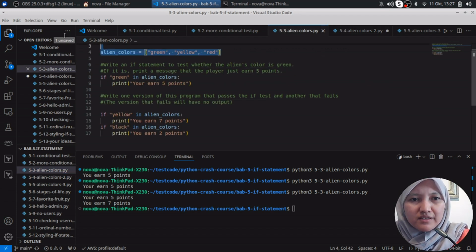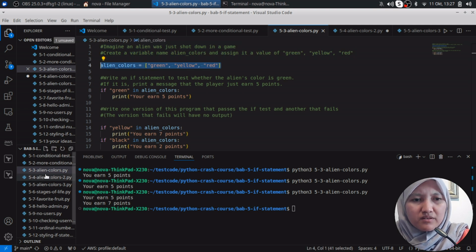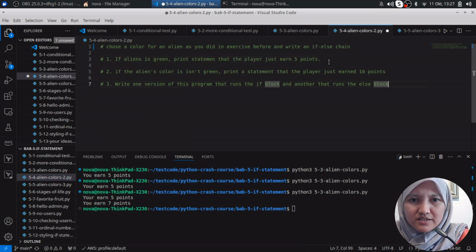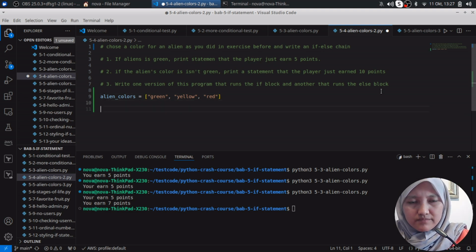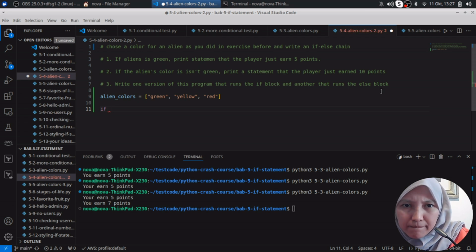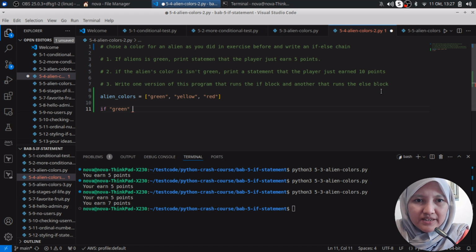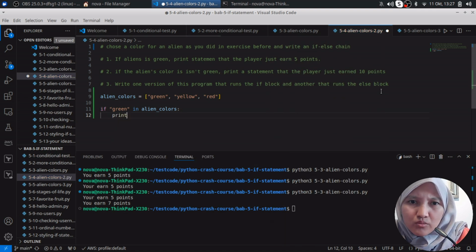To make sure, I just want to copy, because it is easy for us to just use if. I want to print this. Okay, this is the list: alien colors green, yellow, red. If green in alien colors, then print, you just earned